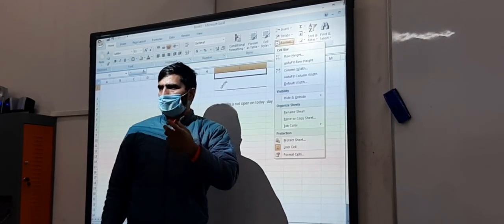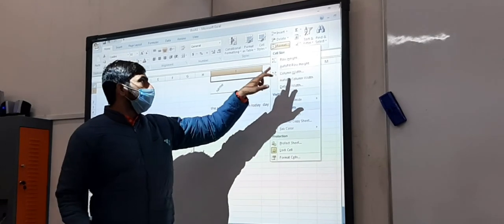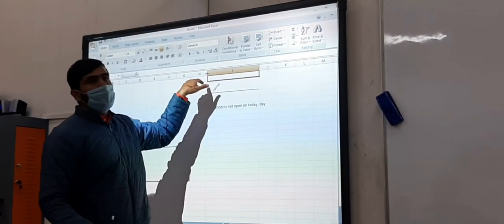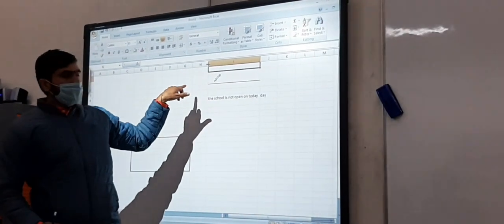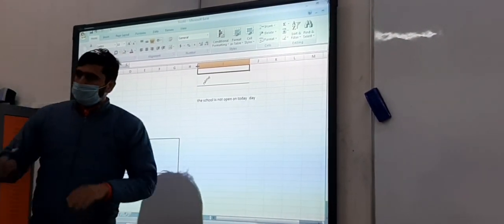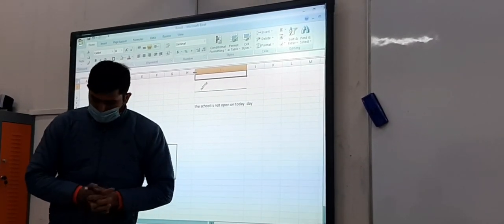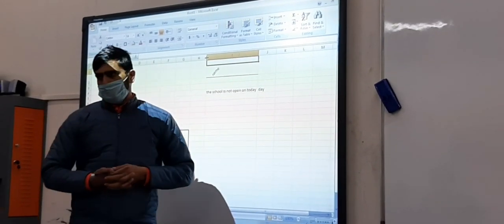So that is the second option. The first option is this one. The second option is, as I told you, when the cursor is moved to that section, it will change to this option. Then you can just double click on that, and it will increase its size.